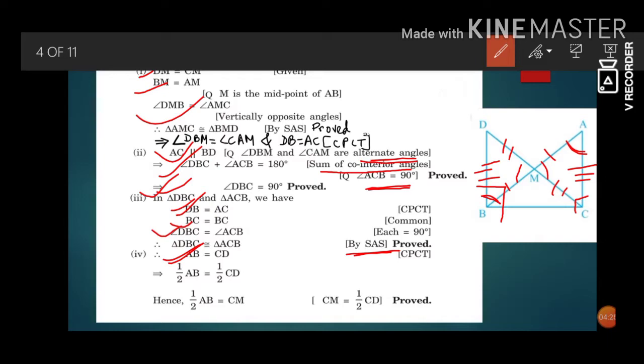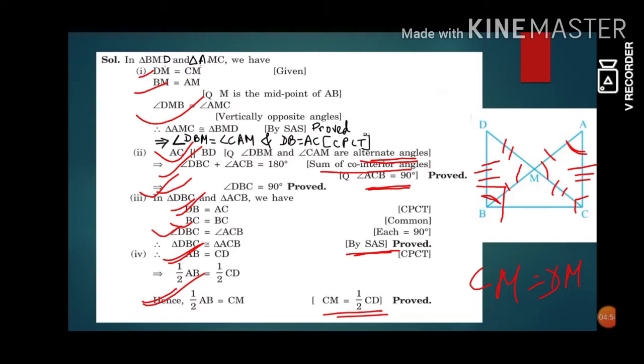Half of AB is equal to half of CD. We are multiplying half on both sides. Now half of CD is CM, since in the question it is given CM is equal to DM, which implies M is the midpoint of CD. So half of CD is equal to CM. So CM is equal to half of AB. So our 4th required proof is achieved. This is how big sums with subparts are done, and for individual subparts, whichever thing we need, we should mention it previously.